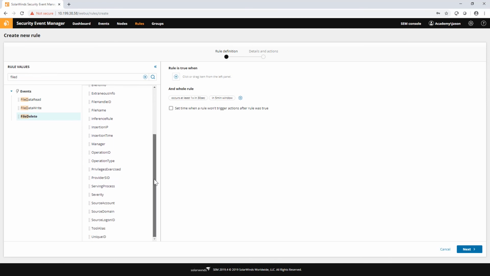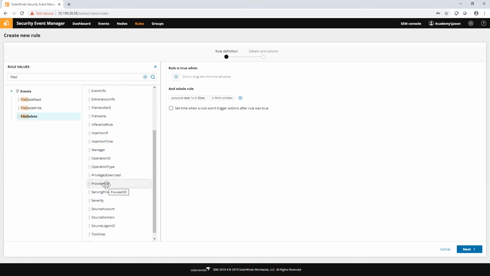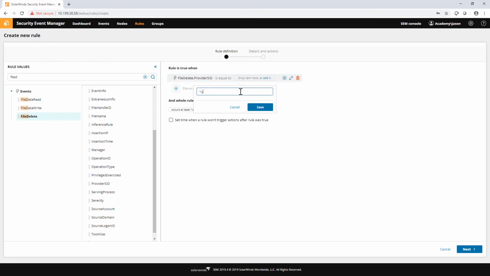Whereas the field name is going to be provider SID equal to wildcard USB wildcard. And actually, that's probably the only condition we're going to need for this one. This is looking at all file delete events where the provider SID is from USB Defender, essentially. So every USB Defender everywhere is going to have this USB Defender and then a 5-digit code associated with it. So this basically forces it to filter down all file delete events to just from USB Defender. And that's what we're going for.